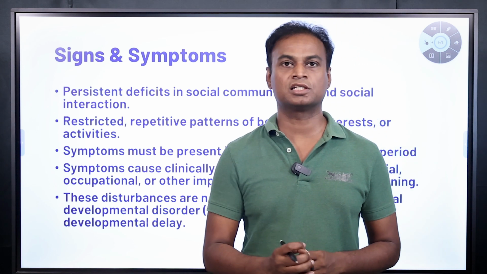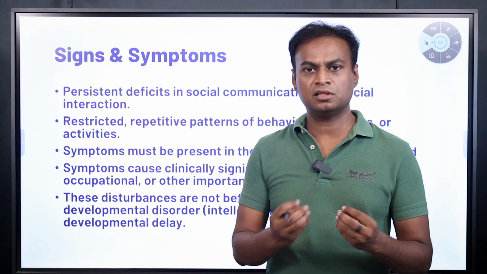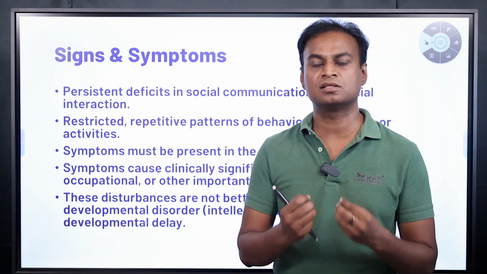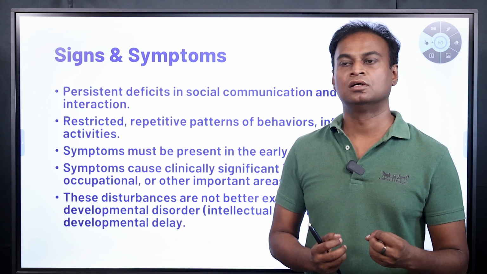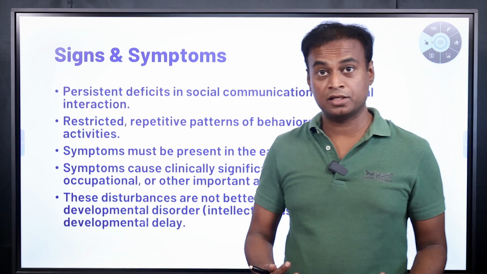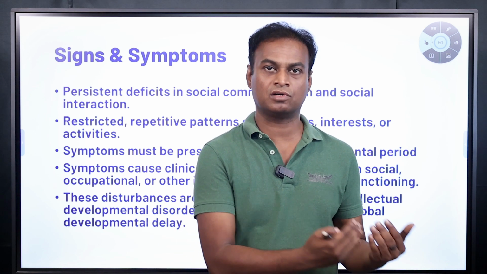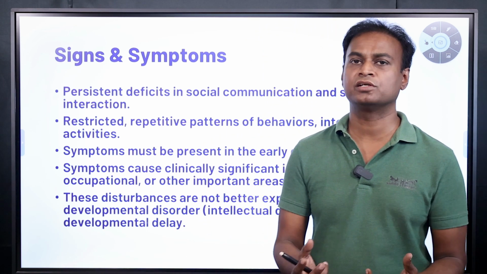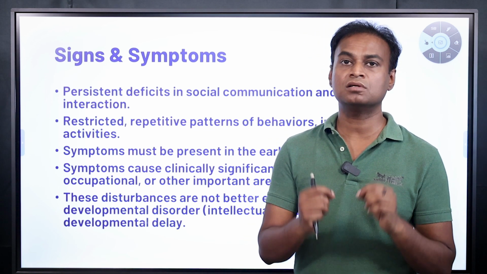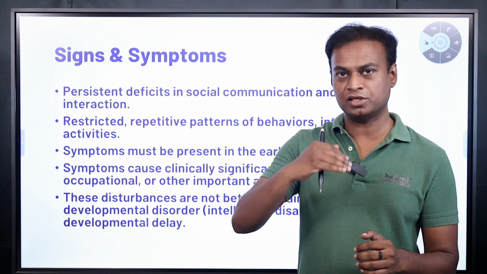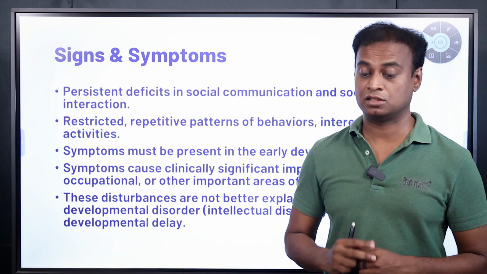Total lack of facial expression and non-verbal communication. Normally you can tell from the kid's face itself that he is happy, sorrowful, angry, sad, surprised, or jealous when other kids go into the lap of their father and mother. All these facial expressions can be seen in kids if you observe carefully, but these facial expressions are diminished in autistic kids. So you have to understand that.